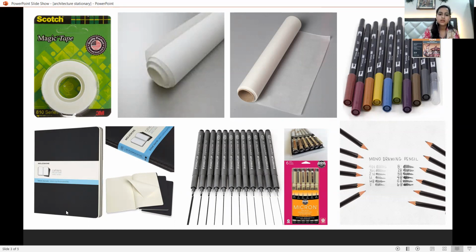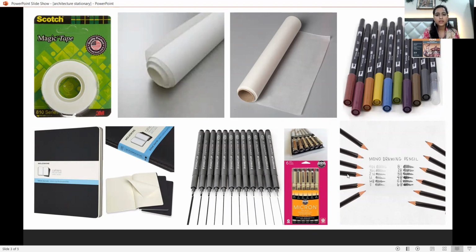Next, you have the sketchbooks. Sketchbooks are required to make all the rough sketches and drawings that are required in semester one. And next, to do the technical drawings and technical sketches, you can use drawing pens like micron pens. They come in different thicknesses like 0.1, 0.23, and these pens come from different companies like Staedtler, or you can say the Micron. You can use either of them.